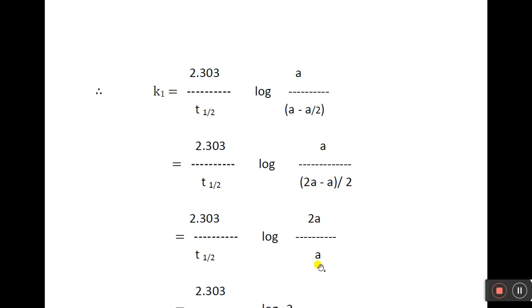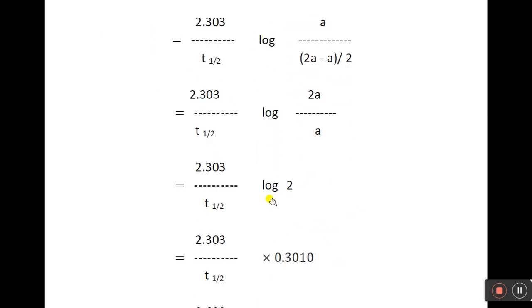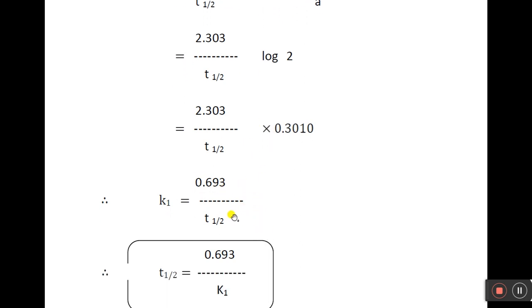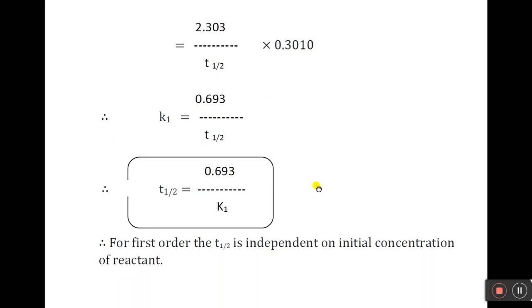Simplifying this, it will be A upon 2, 2 will go up, twice A upon A will cancel out. What is remaining? Log 2. What is the value of log 2? It is 0.3010. Multiplying this with 2.303, we get 0.693, and replacing this, T half is equal to 0.693 upon